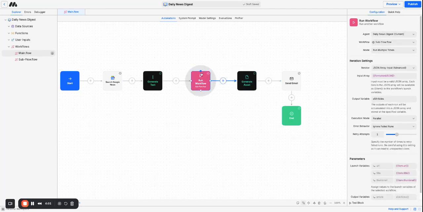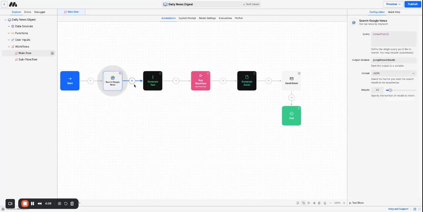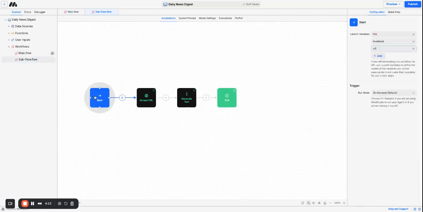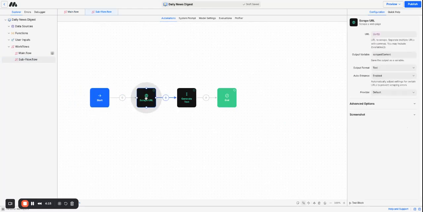So I've added this run workflow here. It takes this consistent and clean formatted JSON array of all the news articles that we got from this particular block, and it runs this subflow. Inside the subflow, it's scraping every URL that was received from the Google News block one by one. Based on the content of this URL,